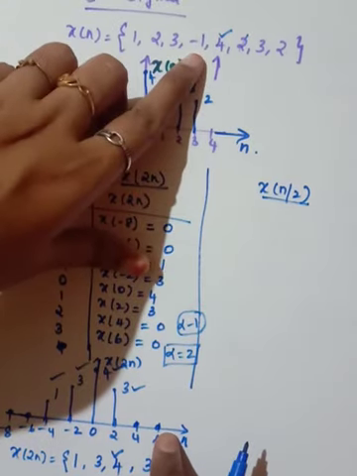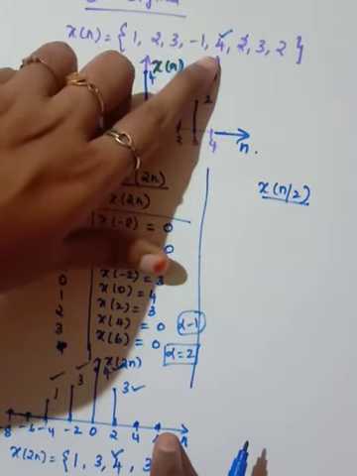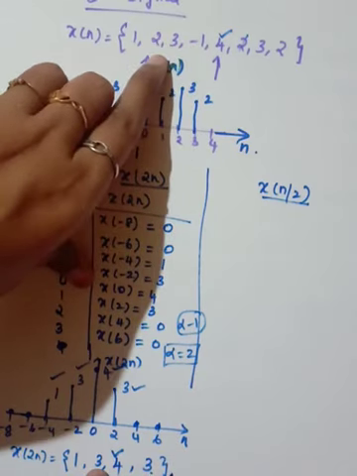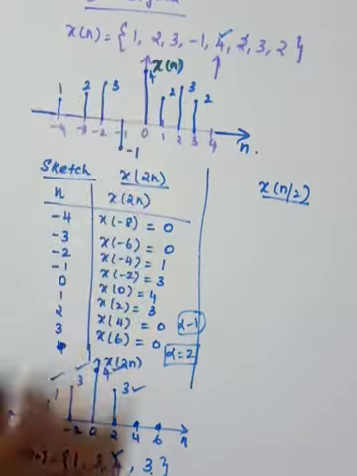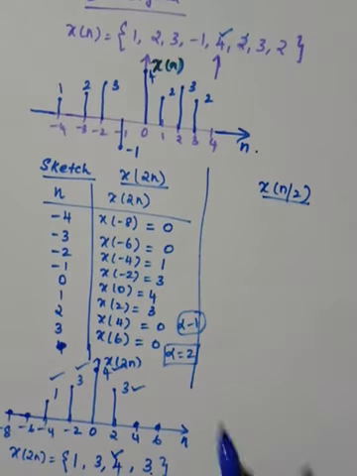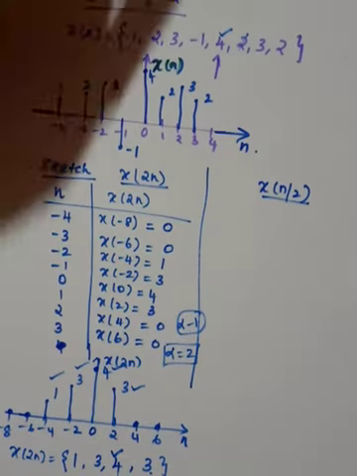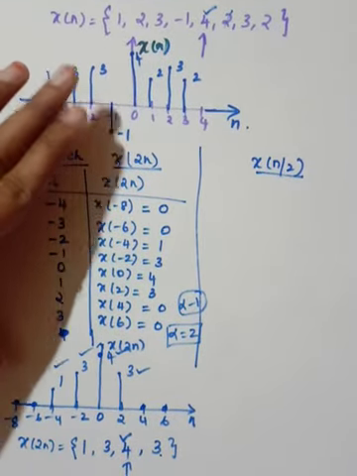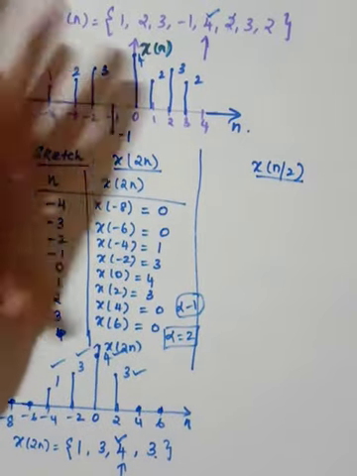Now see the negative side. After 4 I am going to discard minus 1, so I will have 3. After 3 I am going to discard 2, so I am getting 1. So here the samples get compressed. It is the same concept as that of the continuous time signal. Here the samples are getting compressed. So you just need to understand this.